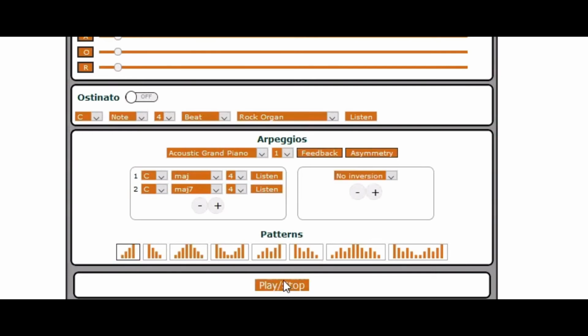Okay, so there you go. That's a demonstration of asymmetry. Asymmetry is more complex than doing your dictations without asymmetry. So if I do my dictations without asymmetry,